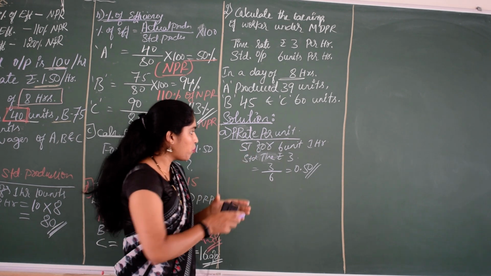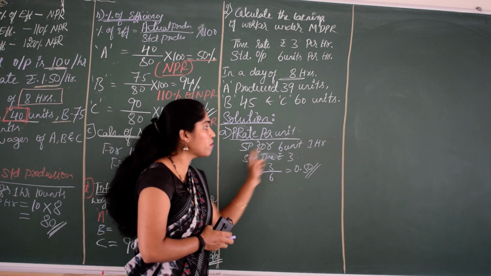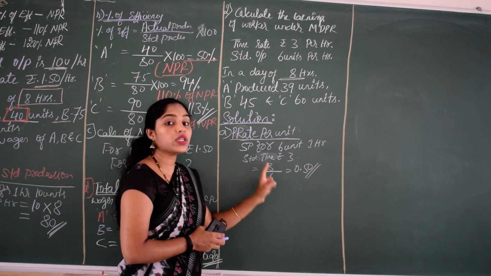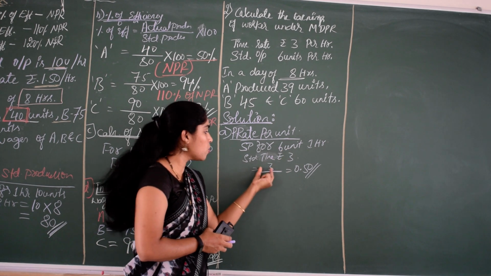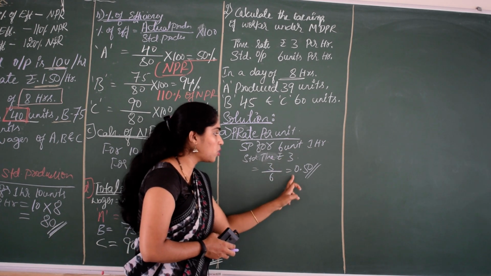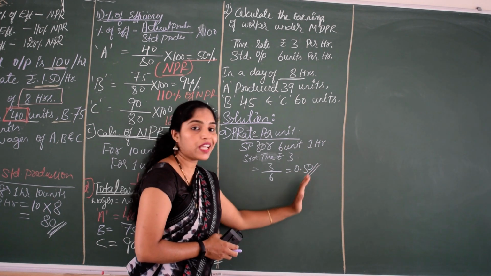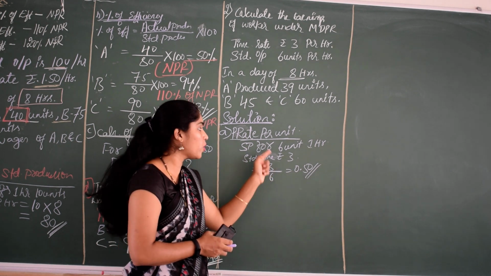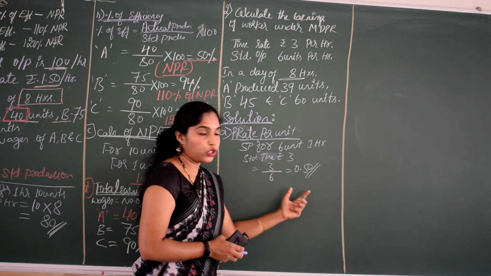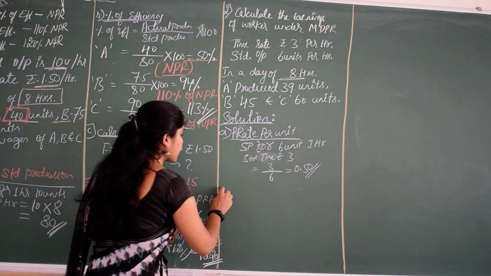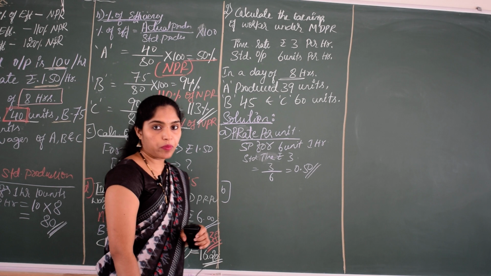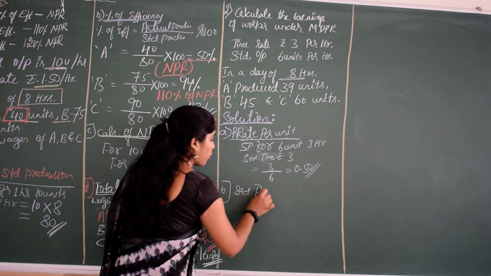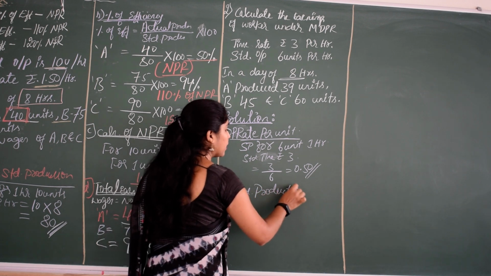Standard production for 1 hour is 6 units, and the standard time allowed to manufacture 6 units in an hour is 3 rupees. So 3 rupees divided by 6 units, you get 0.50, that is 50 paise per unit. For 1 hour employees get 3 rupees, but we need per unit. So the first step is calculation of rate per unit, because that is not given in the problem, and the second is calculation of standard production, which is also not given.